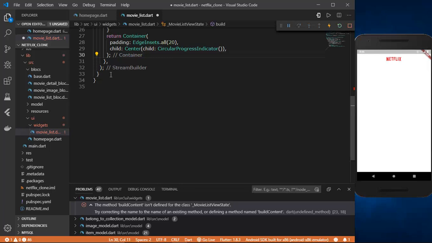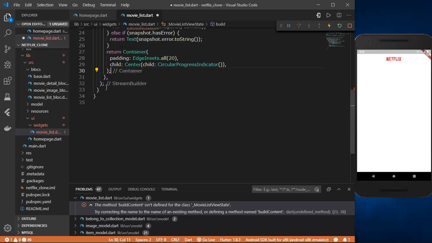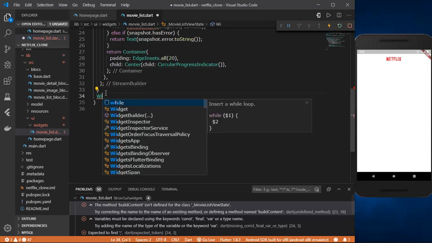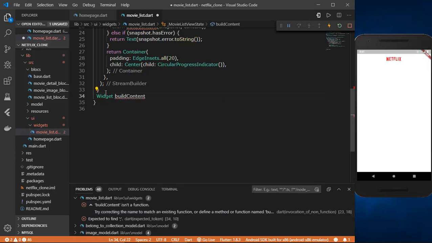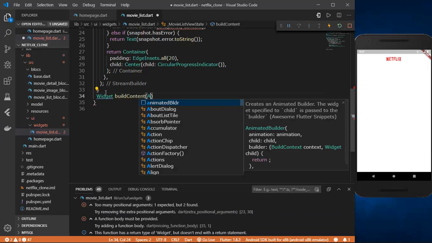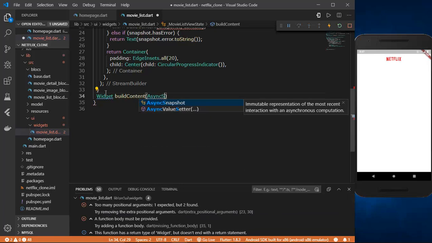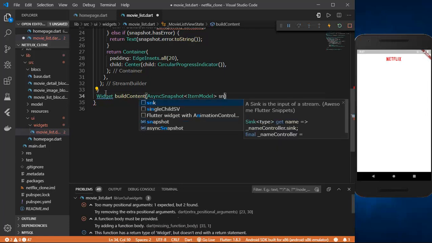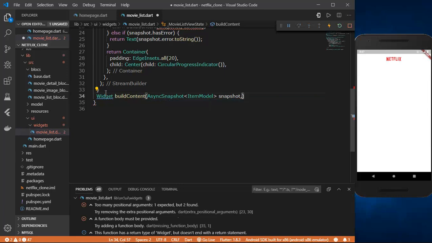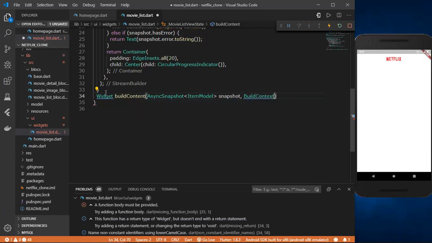So build content widget, actually it is Widget. So right up here I will create the widget. So Widget buildContent. It will take a snapshot, so AsyncSnapshot, and the item model, so the ItemModel snapshot, comma BuildContext, so BuildContext, and